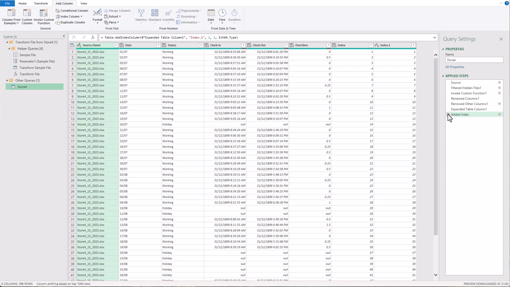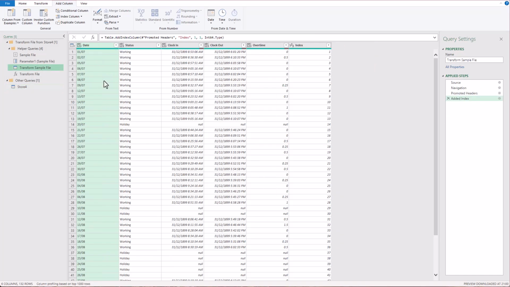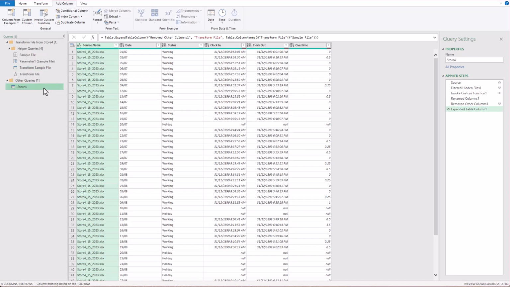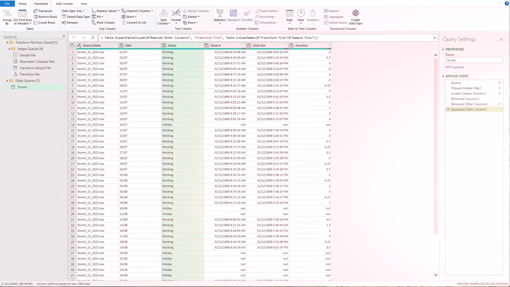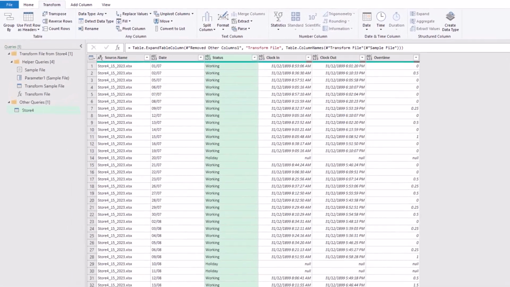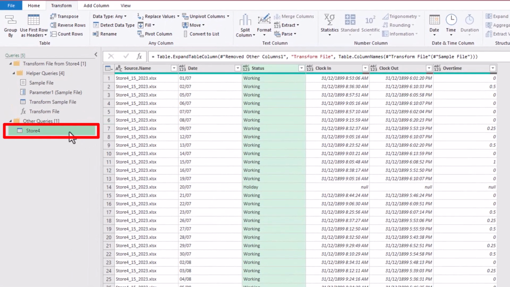All right, so now I'm going to remove all the index columns so that we can start transforming this semi-cleaned dataset into the final proper dataset. So we're now going to perform data transformations in the main query when all files are already combined into a single dataset. And I'm going to show you how easy it is to perform these complex data transformation tasks with